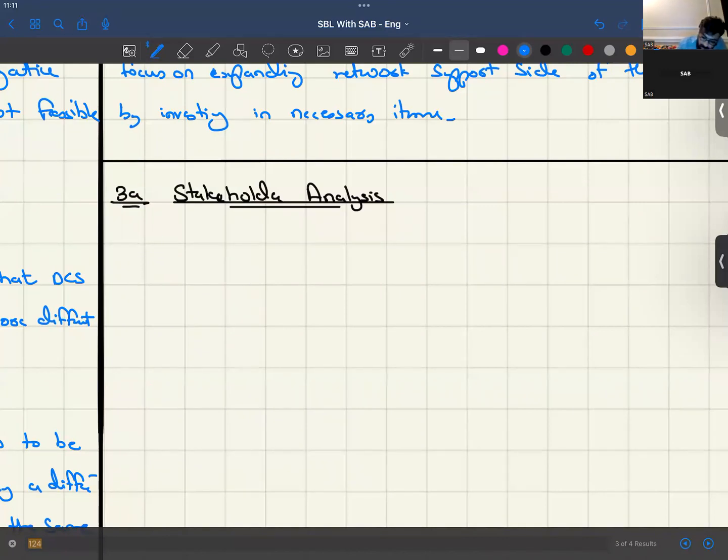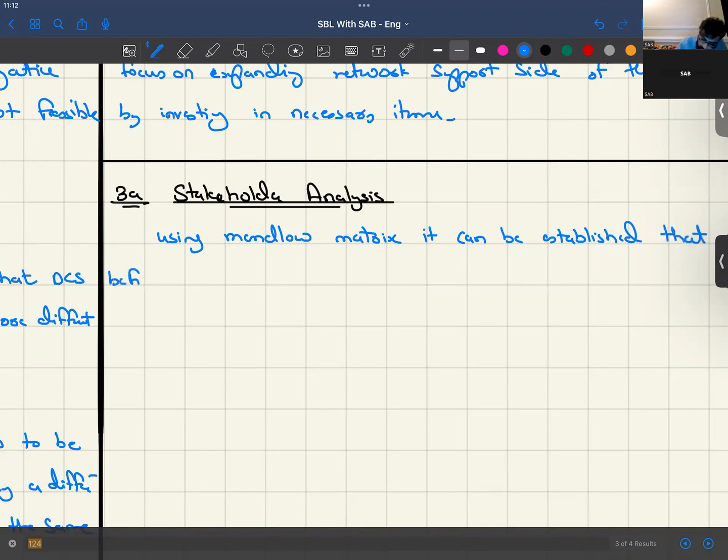So using the Mendelow matrix, it can be established that before DCS was listed,